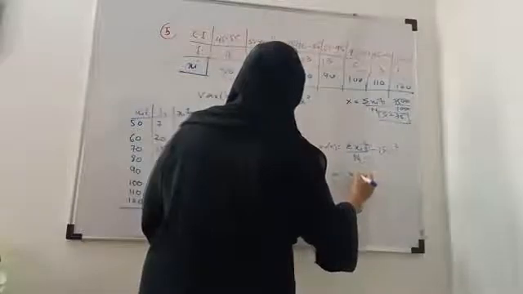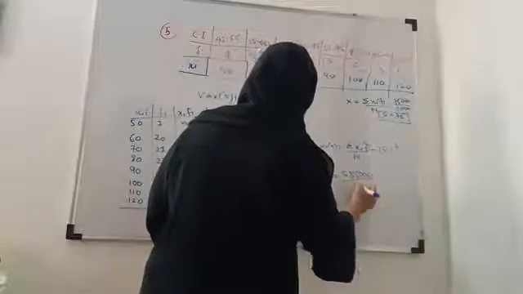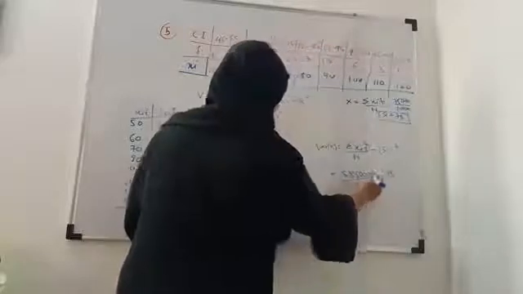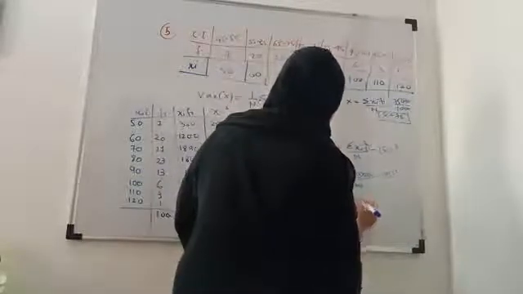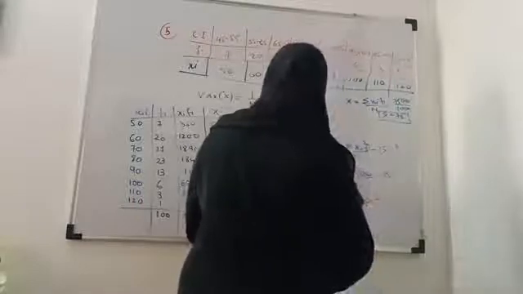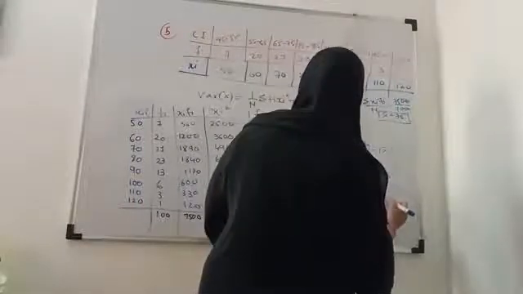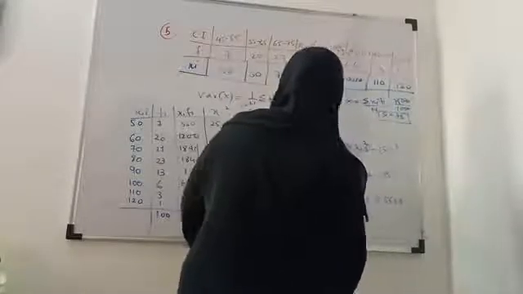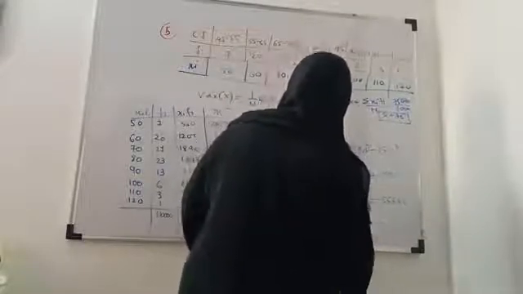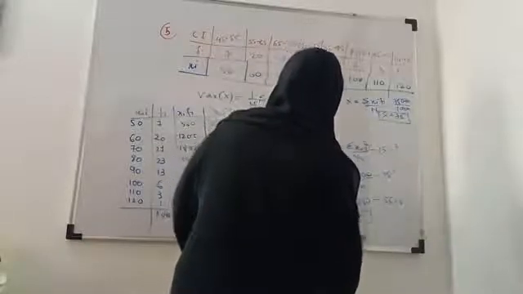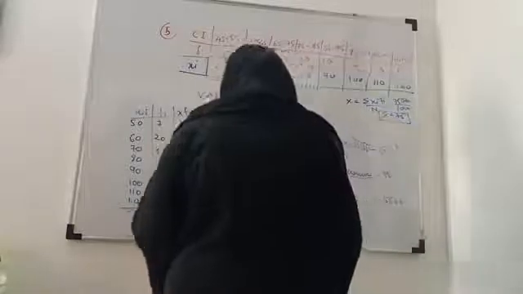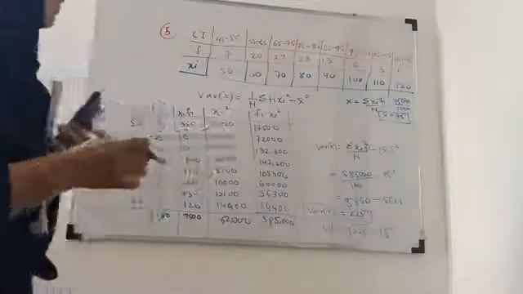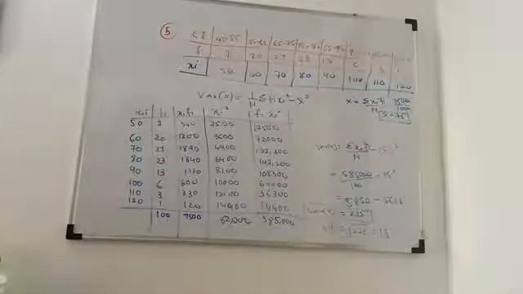So this is 585123 divided by 100 minus 75 square. So 5850 minus 75 multiplied by 75, 5625. 5850 minus 5625 is 225. So the variance of x is 225. Therefore SD is the square root of 225, which is equal to 15. Okay. So here we have used a calculator to do the calculations.